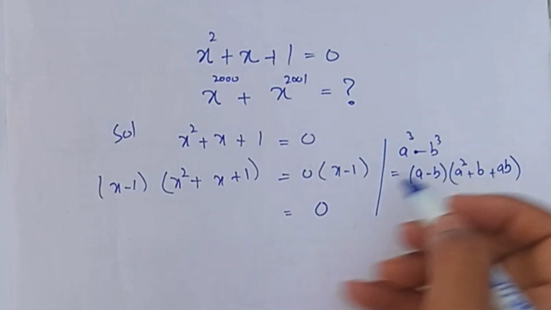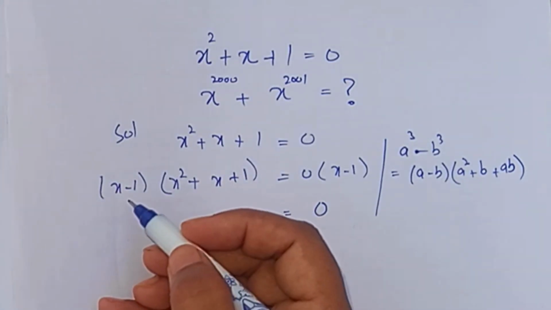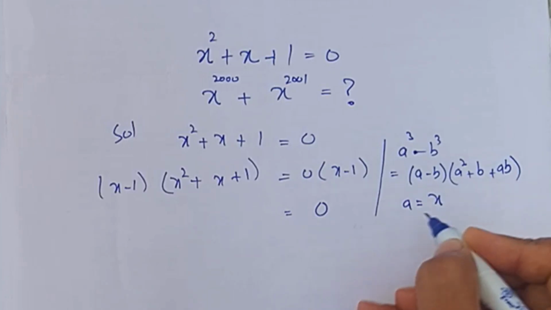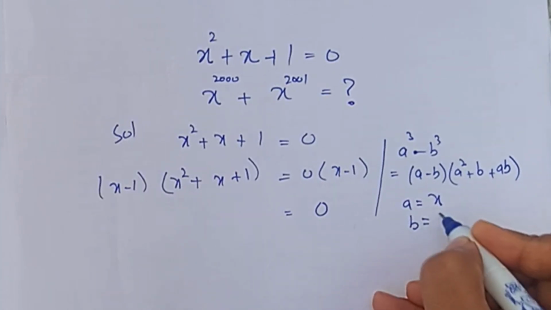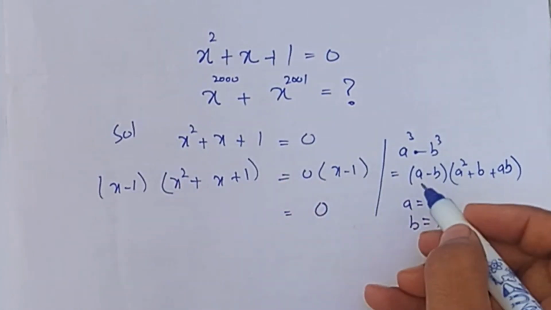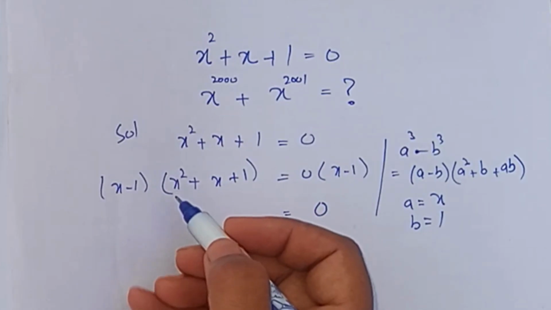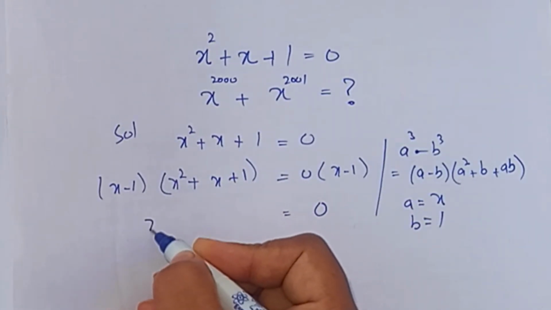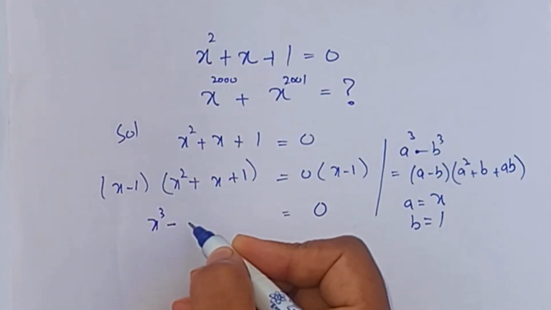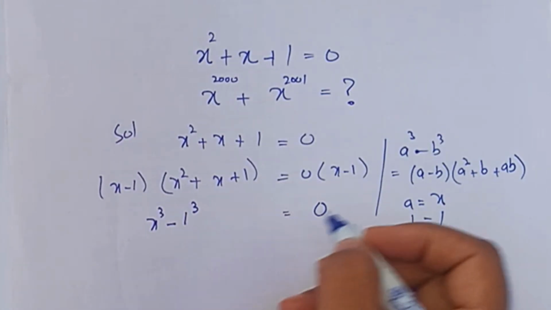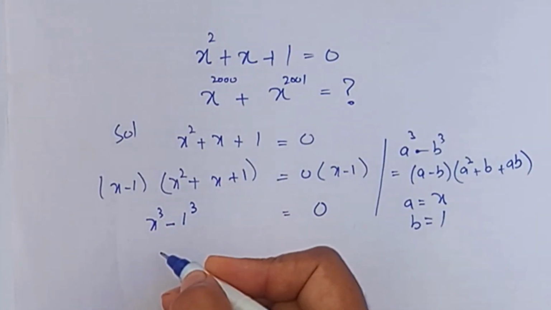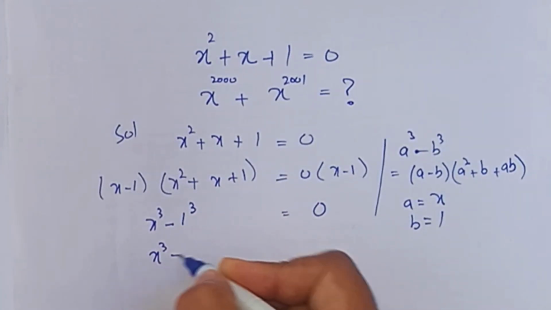So using this identity on the left hand side, in this case, a is equal to x and b is equal to 1. So this implies, using this identity, we write this as x cube minus 1 cube, it's equal to 0. And 1 cube is just 1, so we write this as x cube minus 1